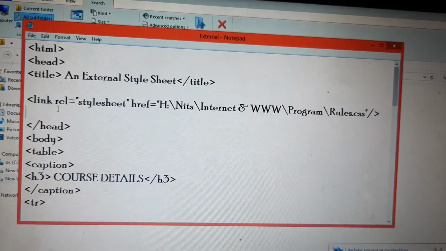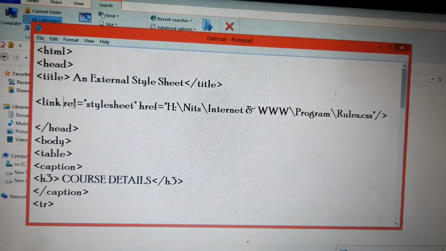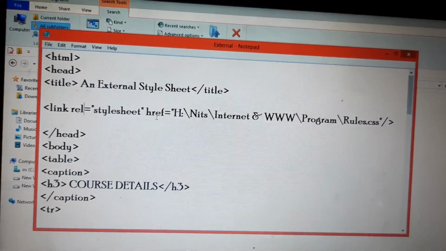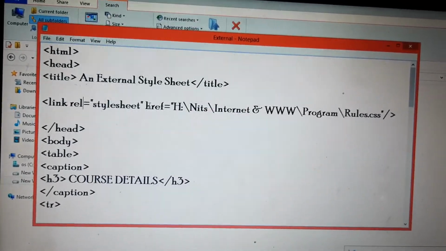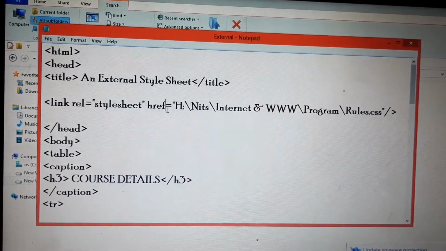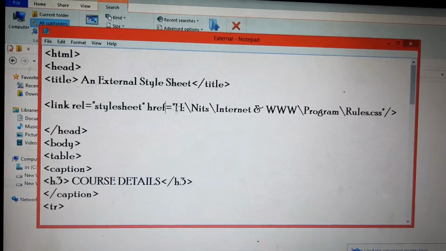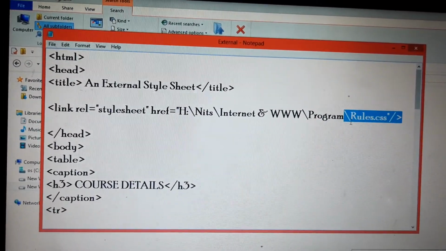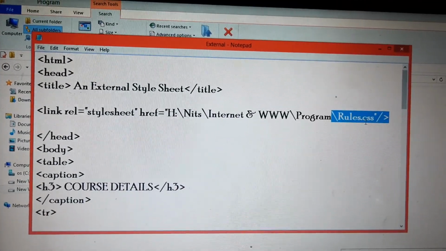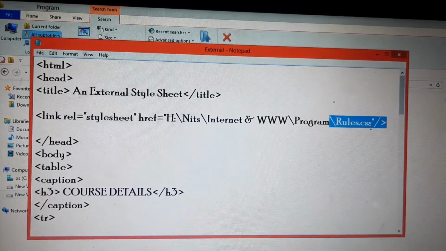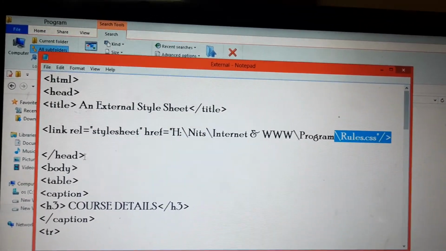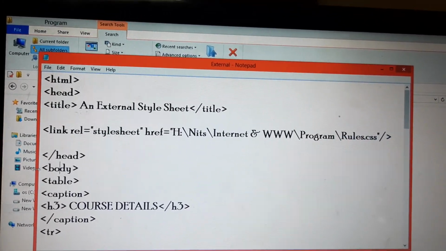Now link rel equals to stylesheet in double quotes, thereafter href, hyper reference, equals to, in double quotes I have to mention the location where the rules.css file is stored. So after this I just need to close the head section,